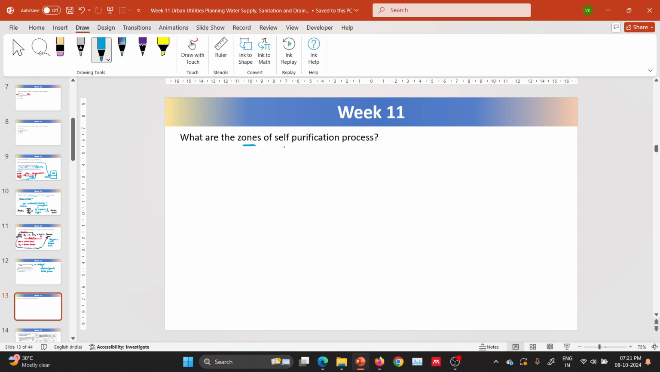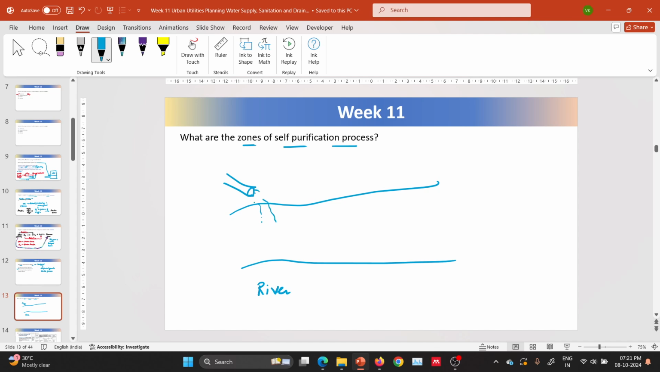What are the zones of self-purification? Let's take a simple example. So this is a river. There is sewage which is being discharged into the river, and the sewage will mix with the river water,